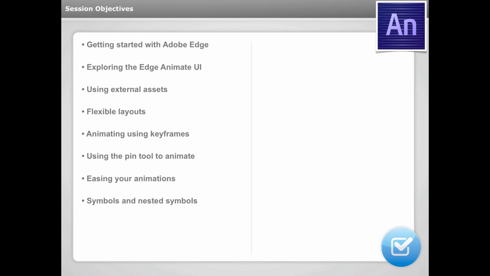If you're familiar at all with Flash, if you're not, that's fine. But we'll talk about what symbols are, using nested symbols, timeline labels. Now this is really important when you're creating learning interactions, being able to jump to different spots inside of your timeline, as well as timeline triggers. If you want, when the timeline plays, if you want something to happen at a certain point, you can add triggers there. Playing audio in JavaScript, down level stage,